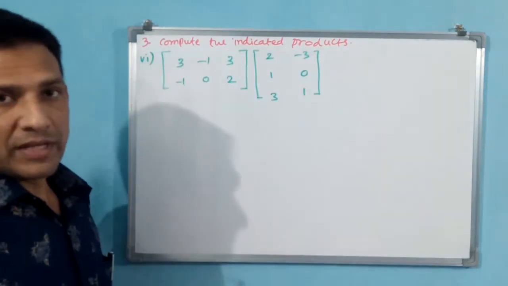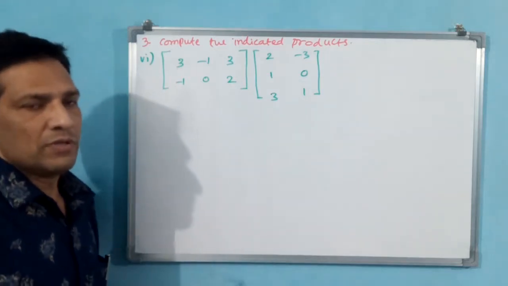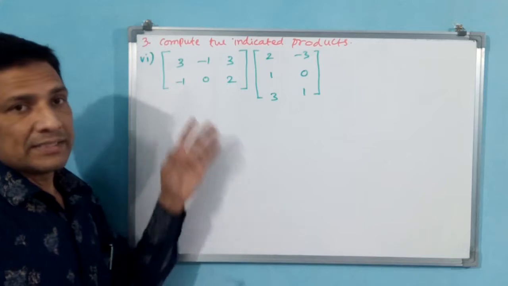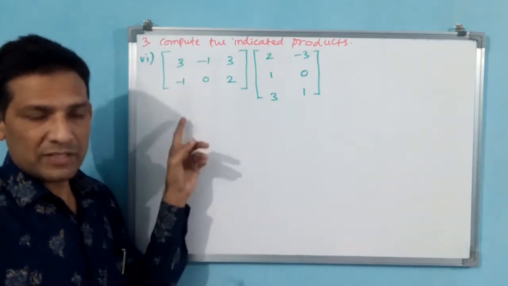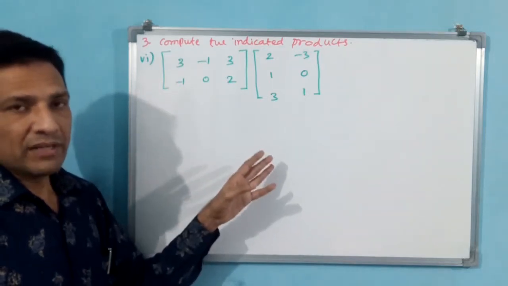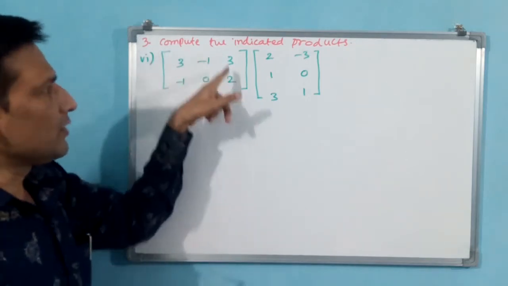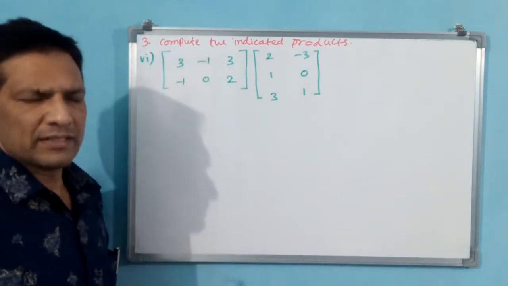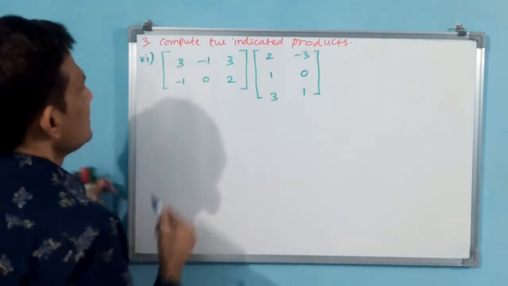The sixth part of the third question, multiplication of these two matrices we have to do. But let us see first what columns, what rows are there. Why? Because the columns, rows. First matrix columns, second matrix rows we have to compare. If both are equal, then we can perform, or else we are not able to perform. 3 columns, 3 rows are there. That means 3 by 3 we can do. Let us do now.